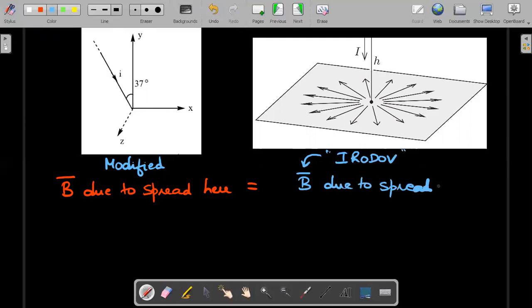Why am I hell-bent on taking the symmetric situation? Listen carefully. If I know how to apply the Biot-Savart law in a more symmetric manner, I think I would be able to solve the problem quicker. That's why I converted the modified version of the question into this particular problem.